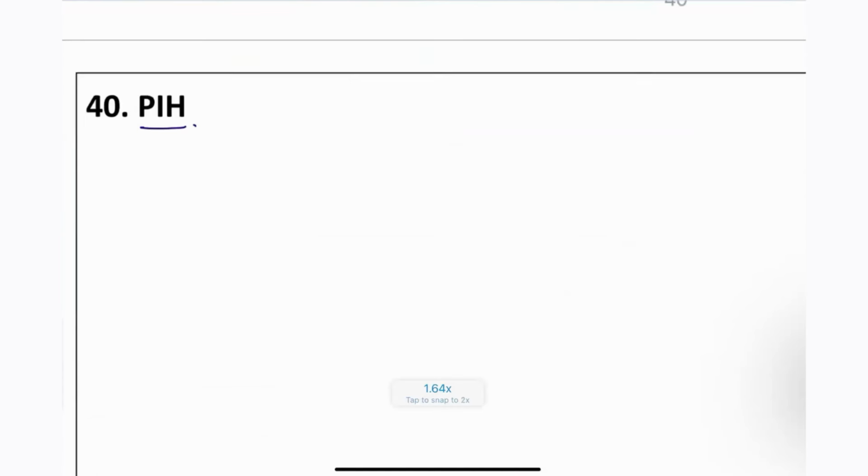So next we are going to discuss PIH, guys, pregnancy induced hypertension. Pregnancy induced hypertension is divided into four different types. One is gestational hypertension. What is meant by gestational hypertension? The patient is suffering from hypertension. That means more than 20 weeks of gestation, there will be 140 by 90 mmHg on two